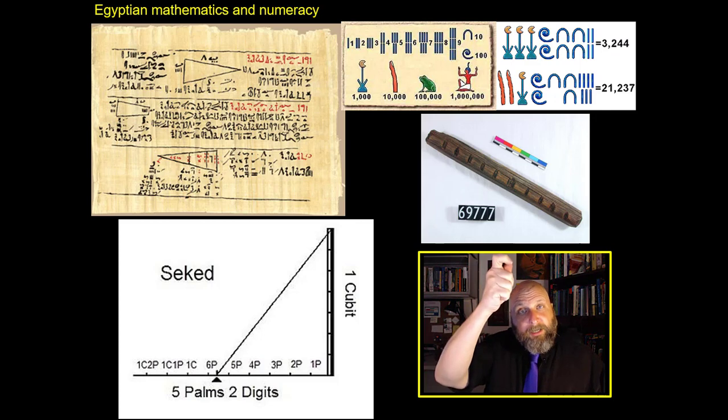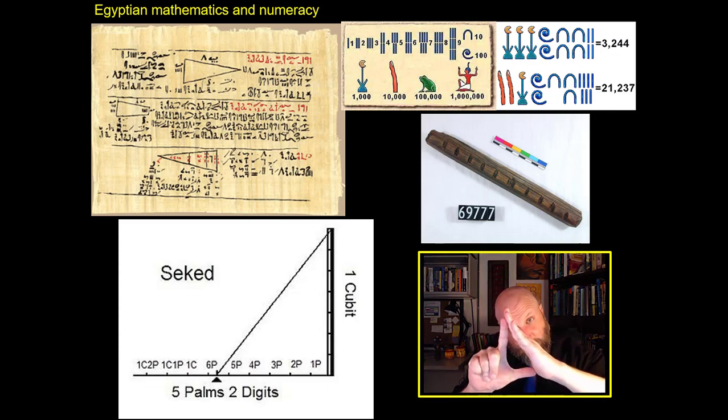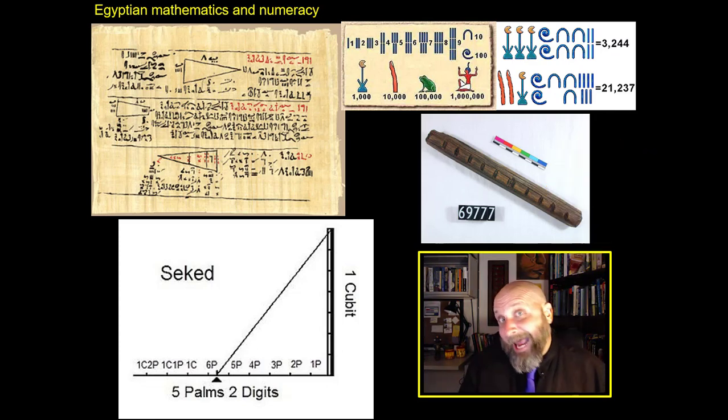All right. So you had a vertical cubit. You had a measure at the bottom, which was 5 palms, 2 fingers, and they knew that this had a set relationship because they had the Pythagorean theorem. So a sekhed is that hypotenuse. All right. They couldn't measure angles, but they knew that set relationships existed with a 90-degree angle, and they could have a sekhed and duplicate all of the functionality of measuring angles, even if they didn't have the exact mathematics to describe it.